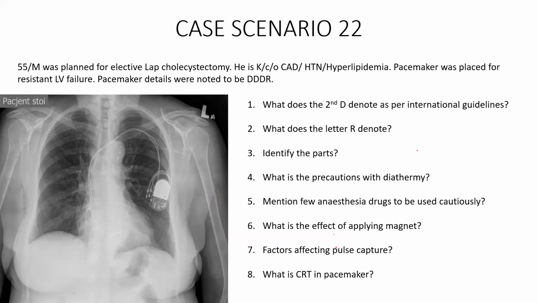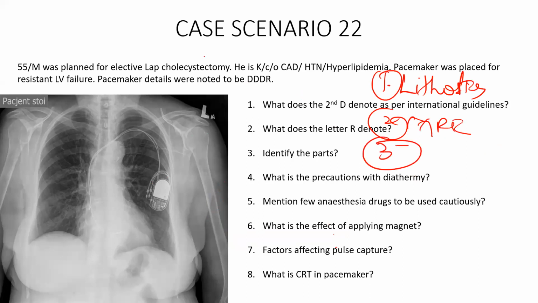This type of interference from diathermy on the pulse generator, we call electromagnetic interference. Apart from diathermy, what are the other things which can produce electromagnetic interference? Lithotripsy, laser waves. Good. Then MRI scanning. Excellent. Then when you're using TURP surgery, the coagulation cautery used in TURP. Then when you're doing TENS therapy.